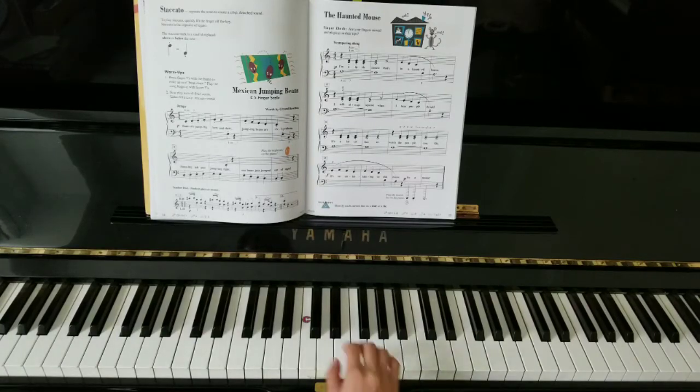Switch to right hand. Thumb on C and 3 on E. Jump,